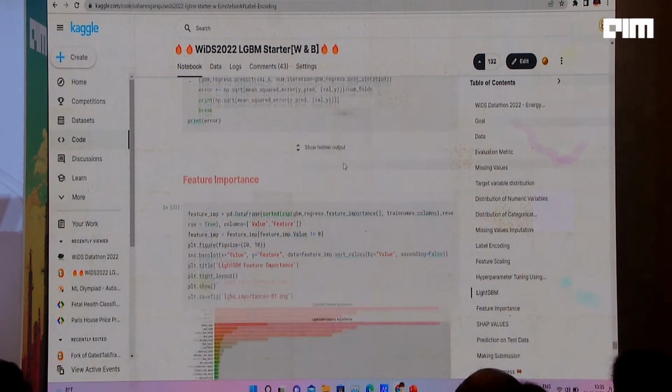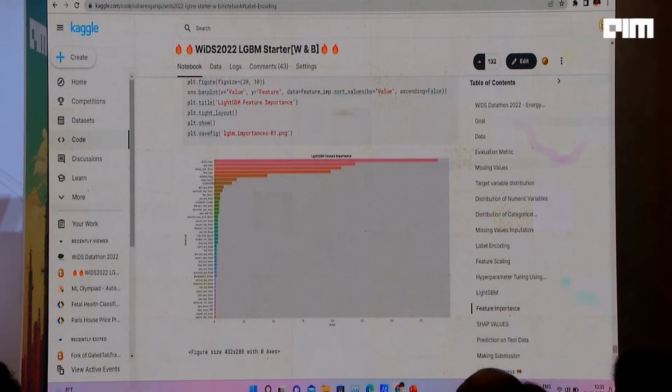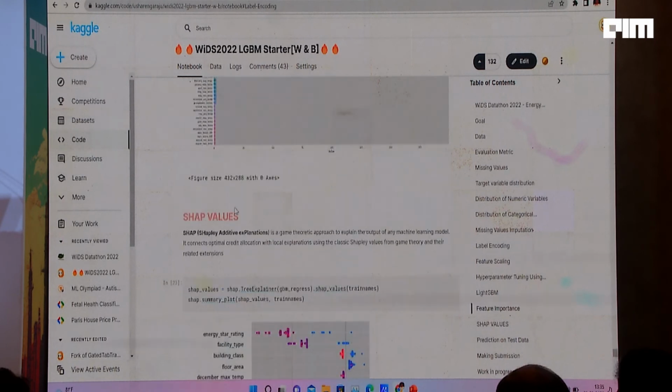And if you check out the feature importance, the building-related features have more influence on predicting the energy consumption. The weather-related features do not have that much influence in predicting the energy consumption of buildings. Especially the variables energy star rating and the type of building have the highest influence.